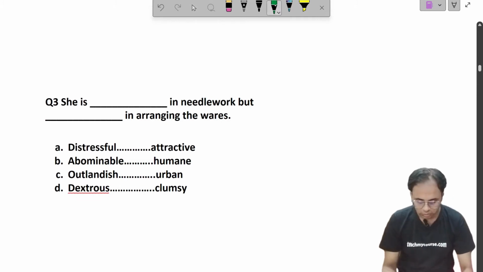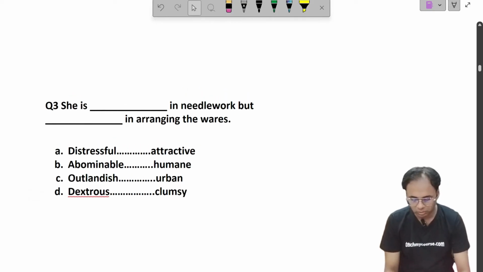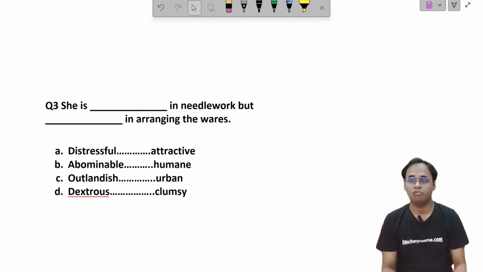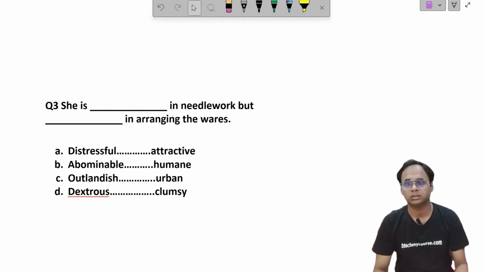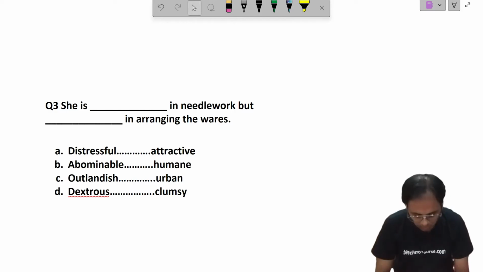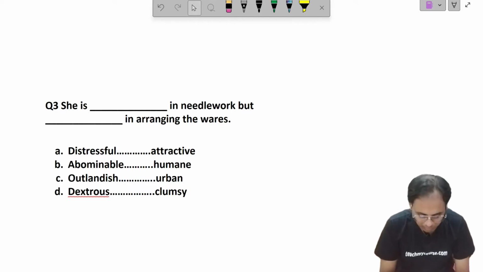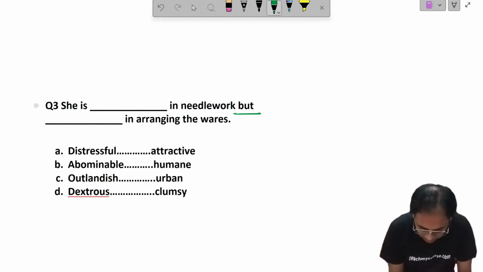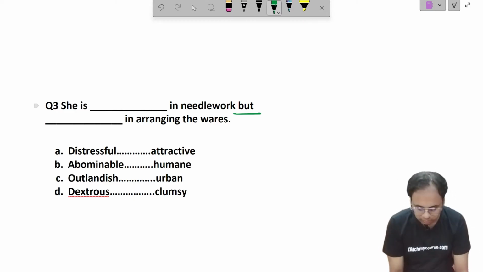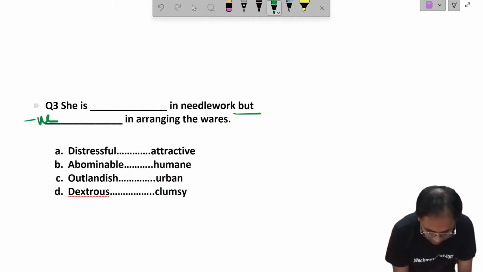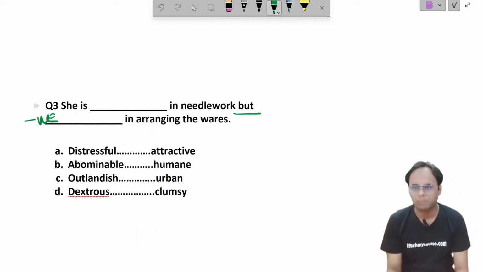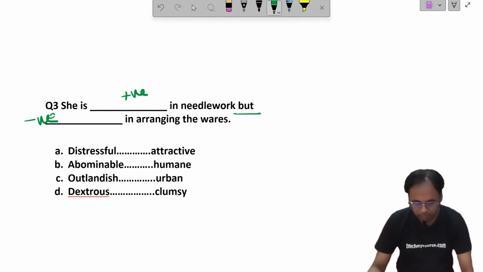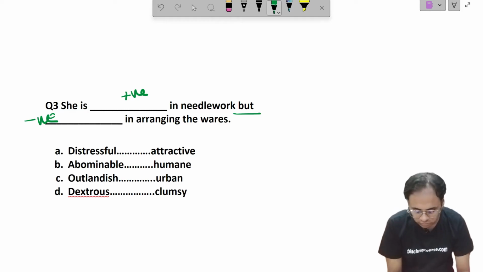So, she is dash in needlework but dash in arranging the wares. This is another form of fill in the blanks exercise where we have two blanks. Now the word but comes and then it says in arranging the wares, so it seems like there might be some sort of negative word out there, and since but implies an opposite word, there might be some positive word out there. Okay, so let's see the first option, which is distressful and